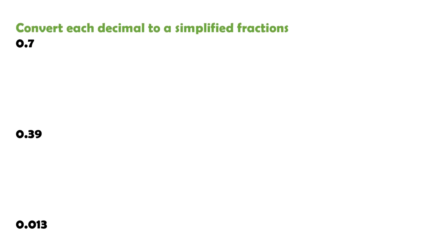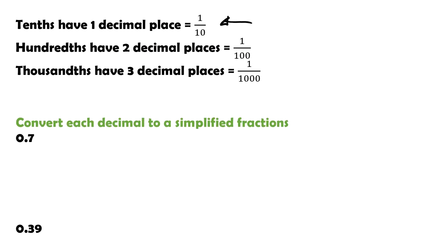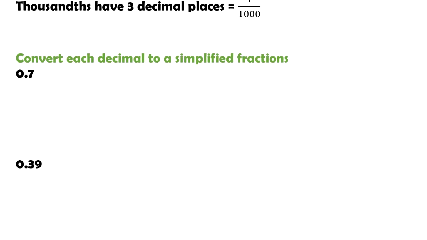So here we have to convert each decimal to a simplified fraction. So it's 0.7. Now that's in the tenths, right? And we said up here, tenths is 1 over 10. So what we could say here is it's 7 over 10. Now another way to think of it, there's one decimal place, so it's 1 zero. Okay? So one decimal place,